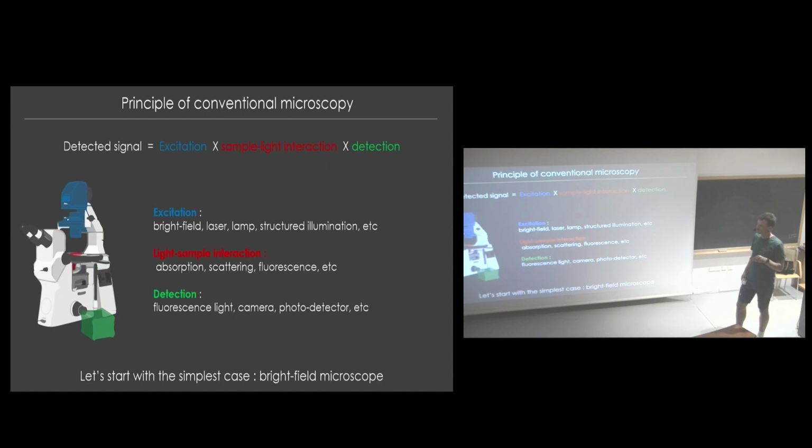And basically, the detected signal of your system depends on these three factors. So here it's a cross, but it doesn't mean that it's a multiply sign. Sometimes it's not as simple as this. And to explain basically